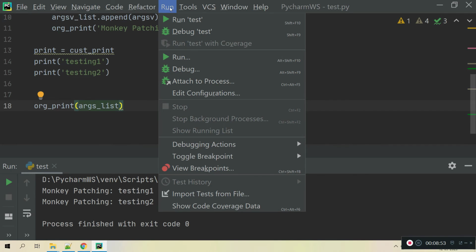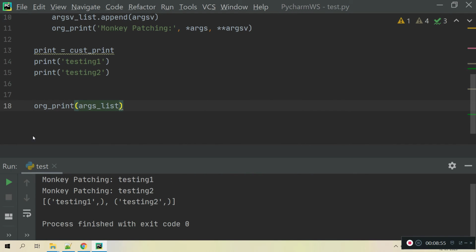Now we can see what all arguments are being passed to my print method. See, we captured this, and you can use these arguments however you wish.